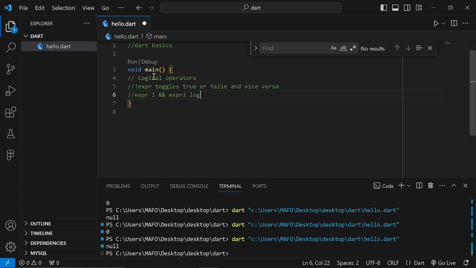This logical and is true if both expressions are true. And then we have the logical or. So I have expression one or, so use two